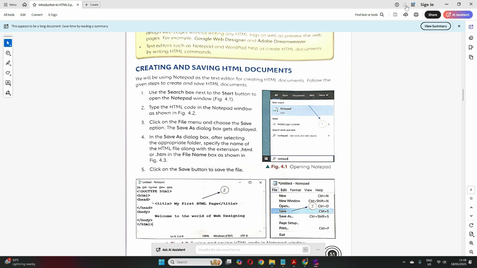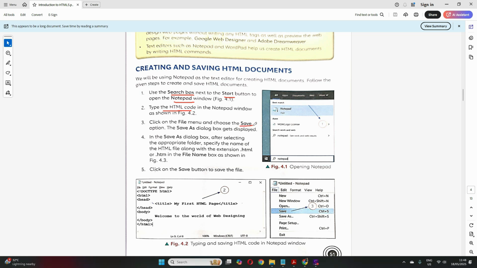So see, how did you create and save your HTML document, and how did you open it? From the search box in the start menu, we type notepad. Clear? Notepad opens, we wrote our HTML code, right? Now you click on save as.